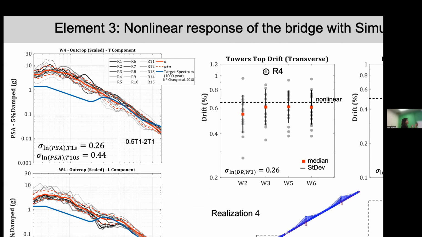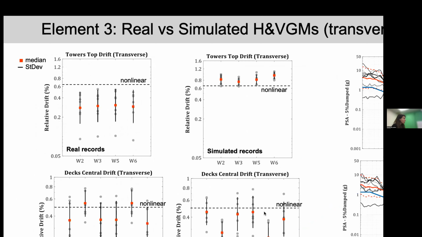Then what we did, starting from the simulations only, was compare the same response as obtained from real records and simulated records. What I'm showing here is the comparison of the responses obtained from the real records on the left and the simulated records on the right. We're looking now at a subset of 7 motions, once again according to the H2 provisions, which were selected based on the minimization of the error in matching the target spectrum and scaling the target spectrum. We looked at the positive component of the motions following a model proposed by Hayden et al. in 2014. And so we came up with a final set of 7 records for both.